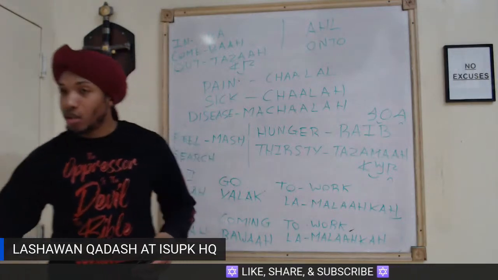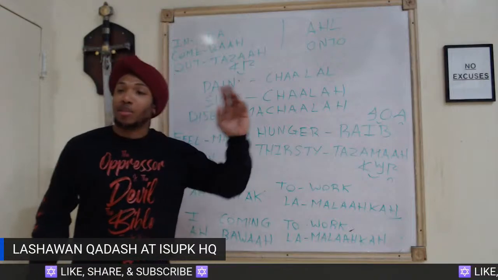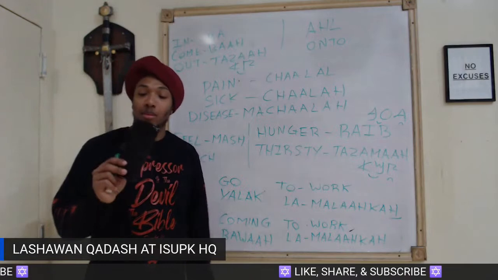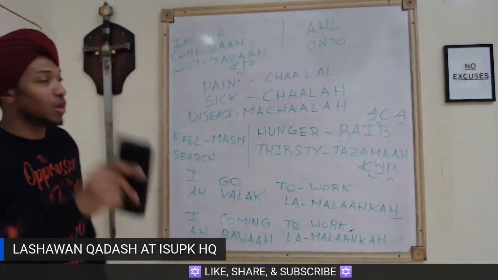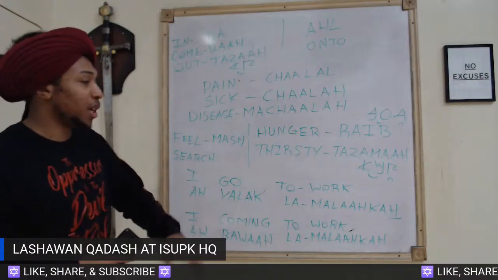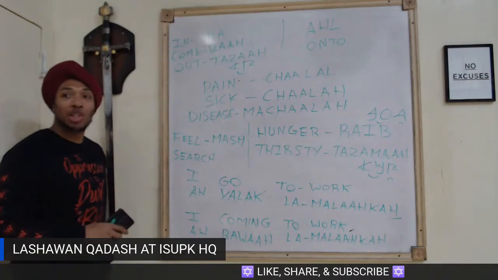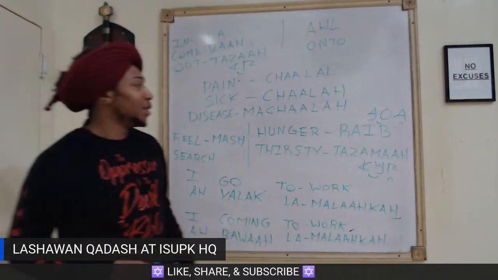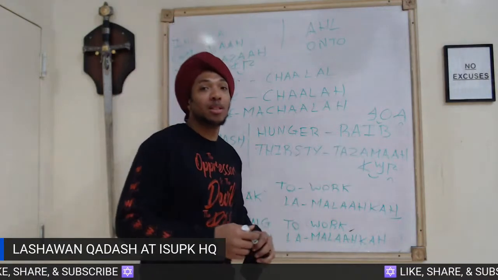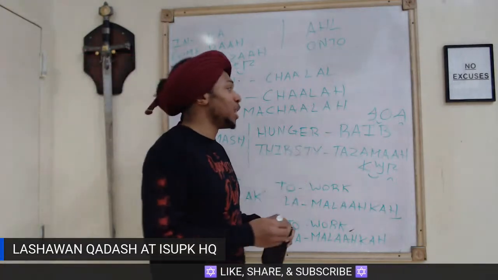Let's try that right quick. I'm hungry. I want to give it a try. I'm hungry. Go ahead. Take your time. Ra'aib. Good. Alright. Make sure you sound that B too. Why are you gonna say that B? What would you say if you don't say the B? We're gonna have something called miscommunication. What is this without the B?